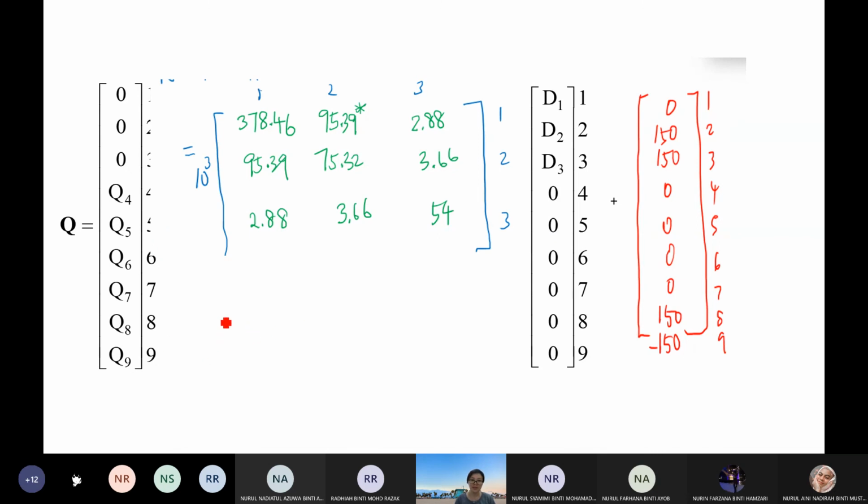The answer for D is, and the answer for Q is